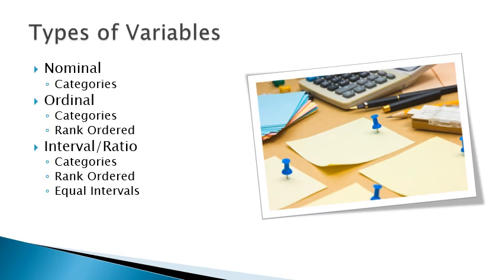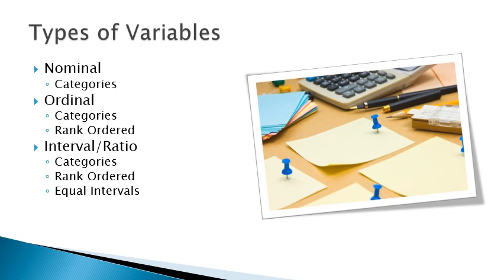The last type of variable, and forget the technical definition of this, the easiest way to think about an interval ratio variable is that it's a number. So if I say, are you an adult or a minor? And we can argue whether that's ordinal or nominal, but that's a category. If I say, are you 0 to 17 years old, 18 to 24 years old, 25 to 55 years old, which category are you in? That's an ordinal variable. Okay, so age might be able to be nominal, age might be able to be ordinal,